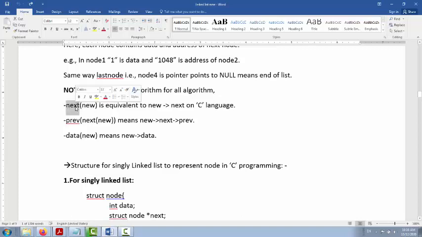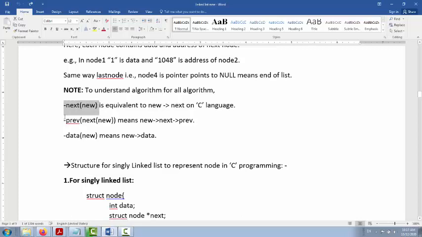So inside the algorithm, we use next of new, which is equivalent to new arrow next. In the algorithm we write this, and in the program we write this. Both are the same, but in C programming we have to write this, and in the algorithm we write this.